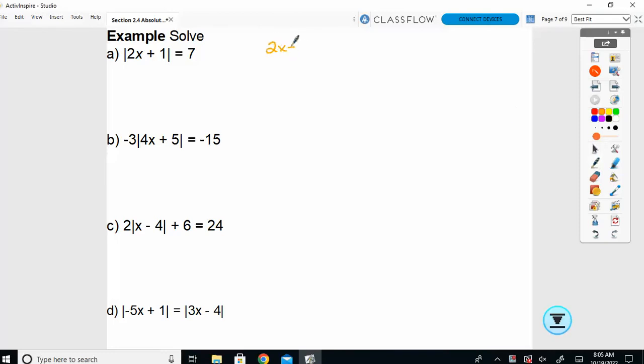2x plus 1 equals positive 7, and 2x plus 1 equals negative 7. And then these are just linear equations, so you should be able to get x by itself and solve. So we need to subtract over our 1 and divide by 2. It's okay to have fractions and decimals for answers on these. That can happen. So we get x equals 3